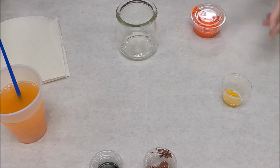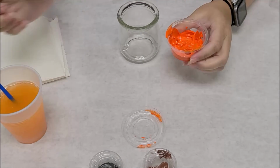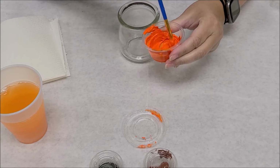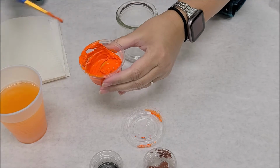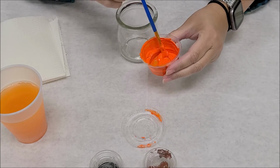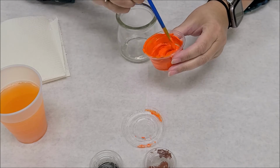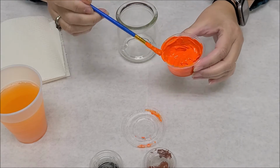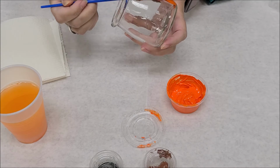Rinse that off, get our orange paint back out, put the yellow away. A little bit more water to that. Okay. You want to be careful not to add too much water, because then it'll dilute it and you won't have that nice opaque finish that you get from acrylics. It'll look more like a watercolor paint. Okay, so I'm going to quickly paint the inside of this jar and show you the second